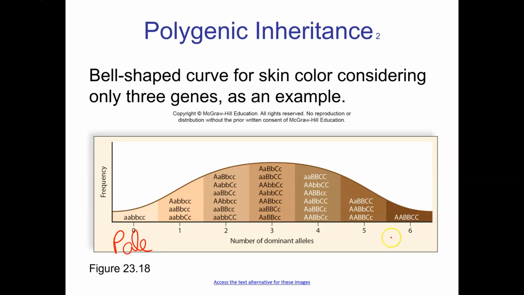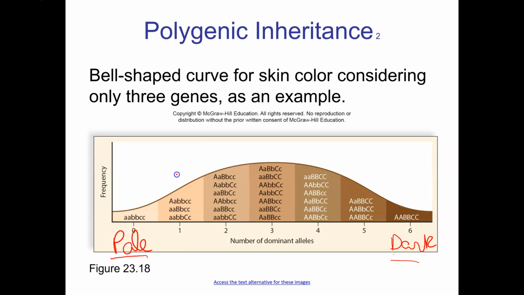And then over here we have very dark, okay? So this is all 6 alleles added up. Over here we have all 6 alleles that are all recessive. Everything in the middle of this is going to be